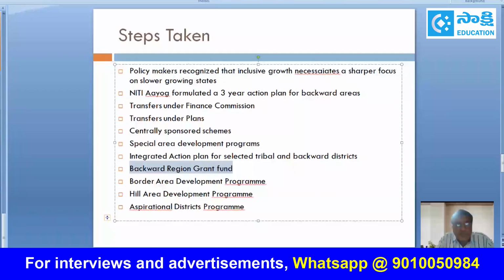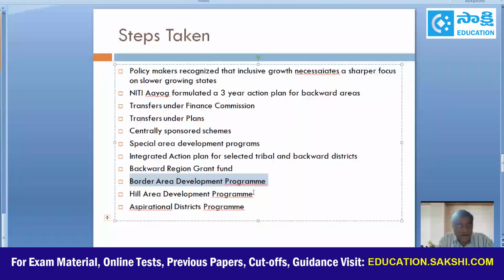security among the border population. So two important things we have to remember as far as border area development program is concerned. Under this program, infrastructure facilities have been created in border areas of our country. Not only infrastructure facilities, promotion of security also was taken up as one of the objective under this scheme. So this program has covered 358 border blocks of 94 border districts of 17 states located along the international land